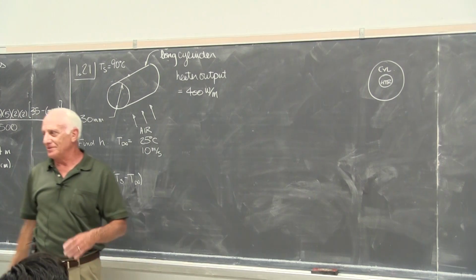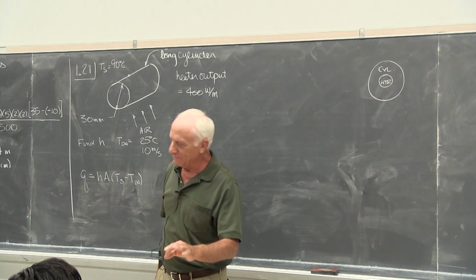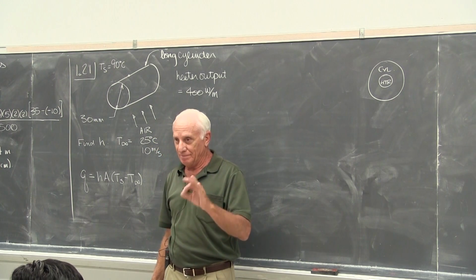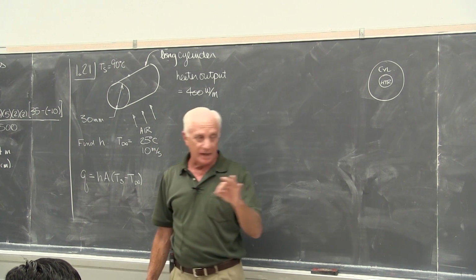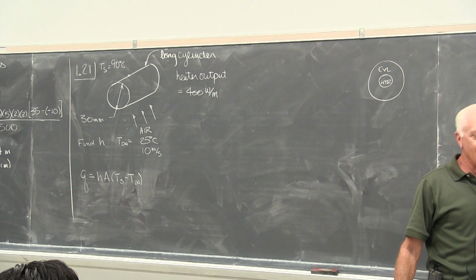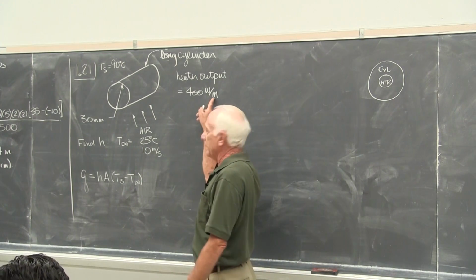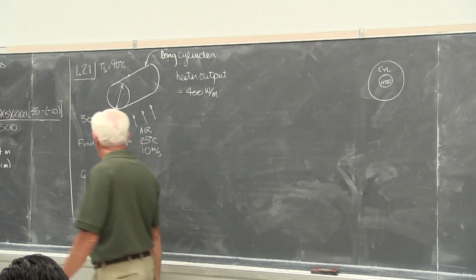Uh-oh, there's the magic words again. I told you, always look for the magic words. If they ask you for something, or if they give you something, you better know what they give you or what they're asking you to find. Q? No. Q double prime? No. Q prime? Of course. How do I know that? There it is, per meter. That's why.